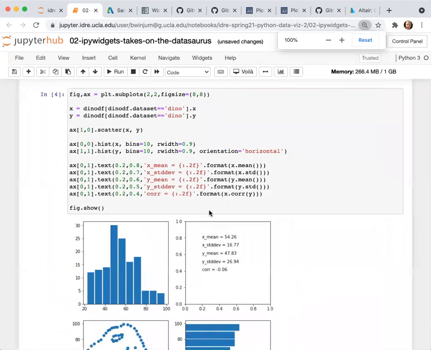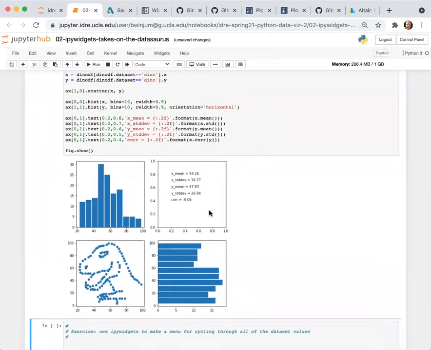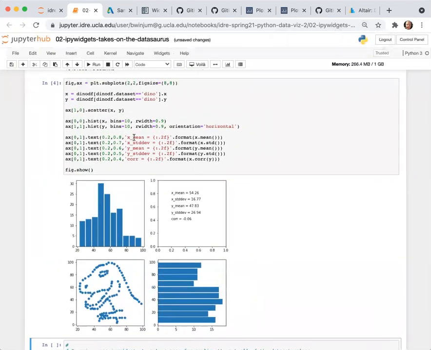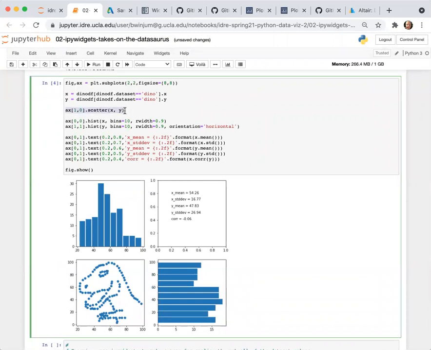All right, I'll make this smaller so hopefully the text isn't too small for you to see. This first one generates the scatter plot, which is this. So we have the picture of the Tyrannosaurus here. The 0, 0 plot is the histogram along X. The 1, 1 plot, which is this one, is a histogram plotted vertically, which is the Y histogram. And then in this box, I haven't explicitly included a graphic.